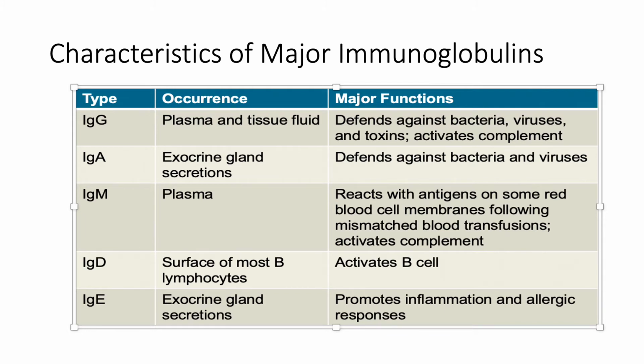When we focus on immunoglobulin G, it is in the plasma and tissue fluids and is effective against bacteria, viruses, and toxins. Immunoglobulin G also activates the complement proteins. A newborn